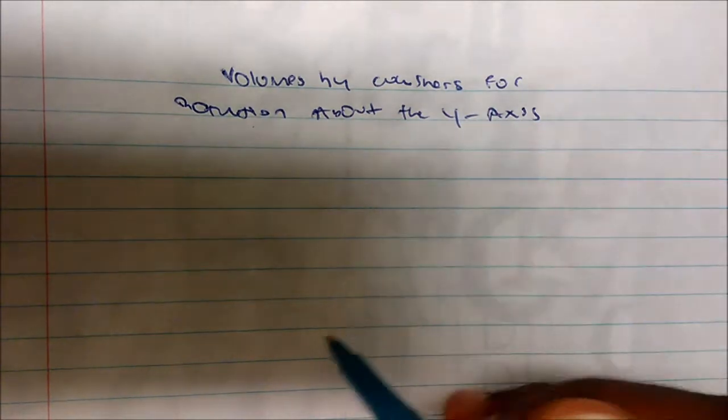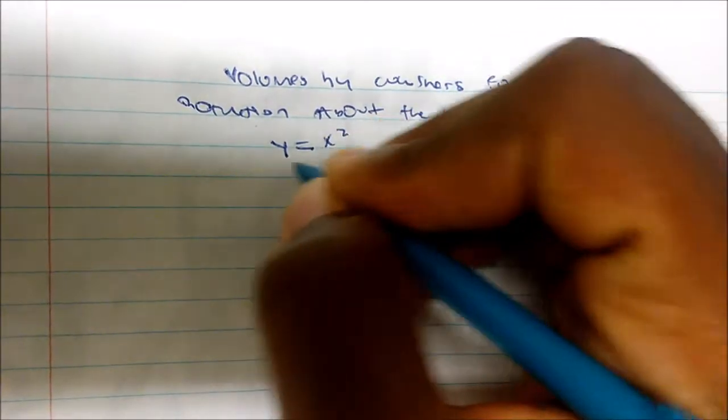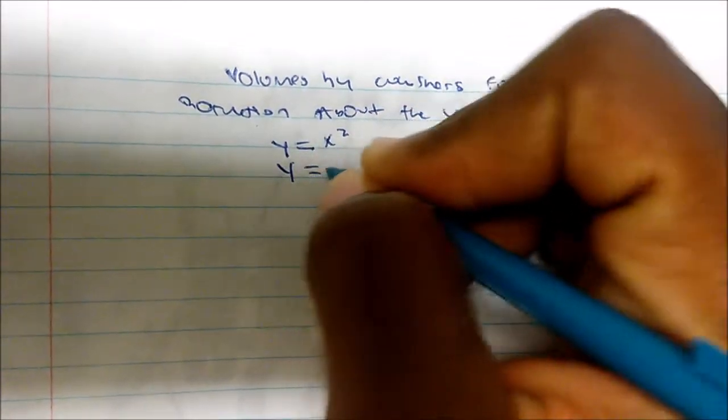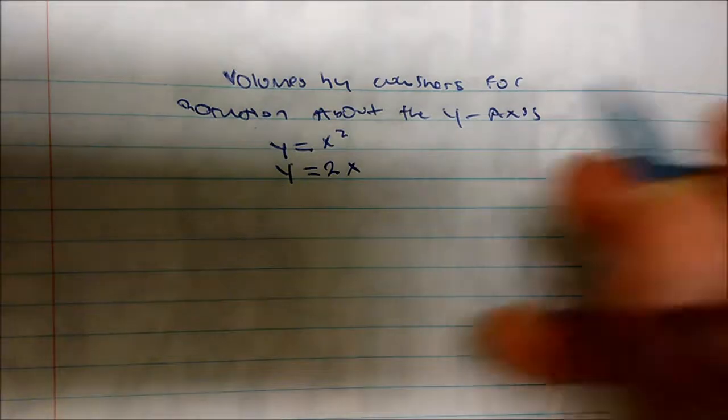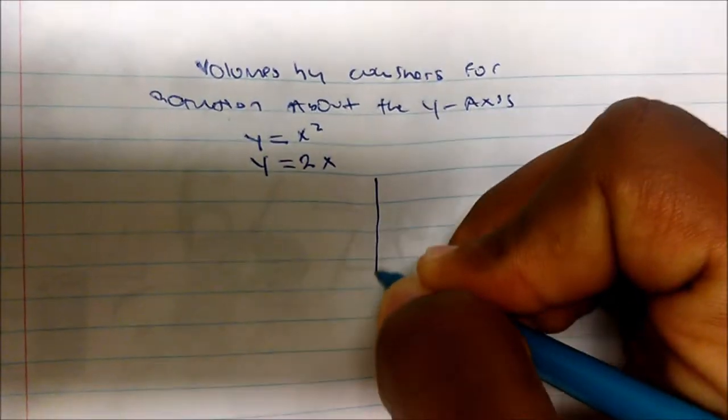So in this video, we're going to talk about volumes by washers for rotation about the y-axis. What if I wanted to find the area between the curve y is equal to x squared and y is equal to 2x? Well, again, graphing is not necessary, but it's helpful. So if I graph these two functions,